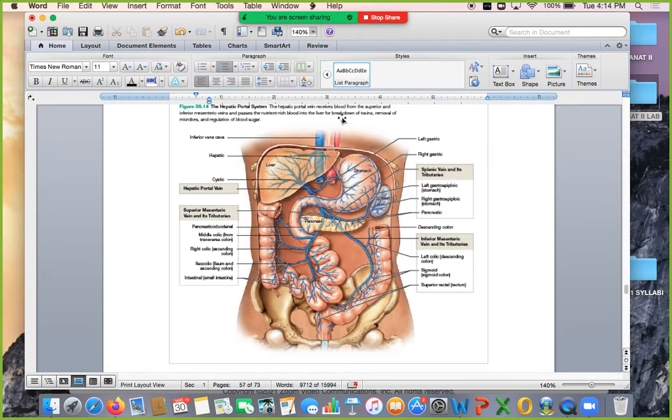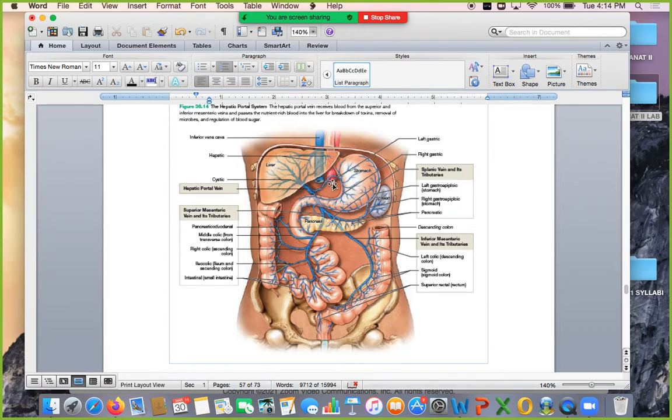All right, so here's our abdominal setup, but we're now looking at the hepatic portal system. Basically, anything that gets into the hepatic portal vein is going to be coming from multiple sections, from the superior and inferior mesenteric veins. Remember, these veins coming out of this area are going to have a lot of nutrients coming in. So we're going to have deoxygenated but highly nutrified blood flowing into the liver, as well as feeding the liver highly oxygenated blood as well,